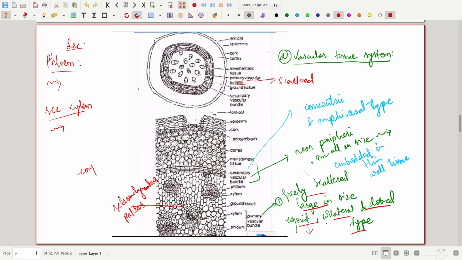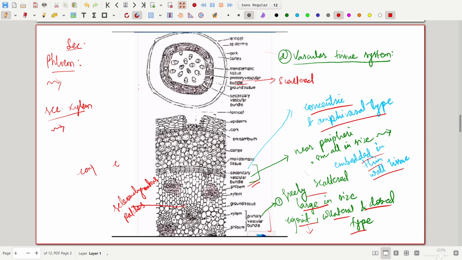Conjoint is the case where both xylem and phloem are on the same radius, and collateral is the case where the phloem is at the periphery, and in case of closed type it lacks cambium. In case of primary vascular bundles they lack cambium, so it is closed type. And in case of the secondary vascular bundles, you can see they are present near the periphery, smaller in size, and they remain embedded in the thin wall tissue, and the secondary vascular bundles are actually concentric and